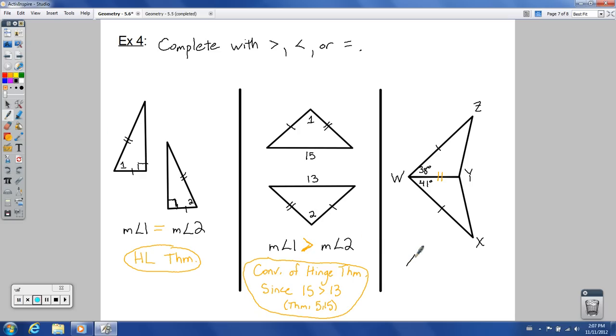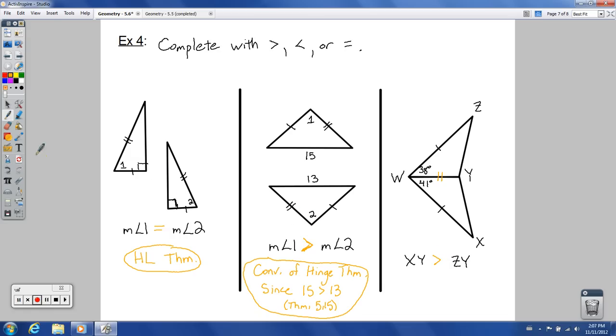So XY compared to ZY. Which one's actually bigger? Well, it would have to be the case that the bigger angle goes across from the bigger side, the smaller angle, smaller side, so